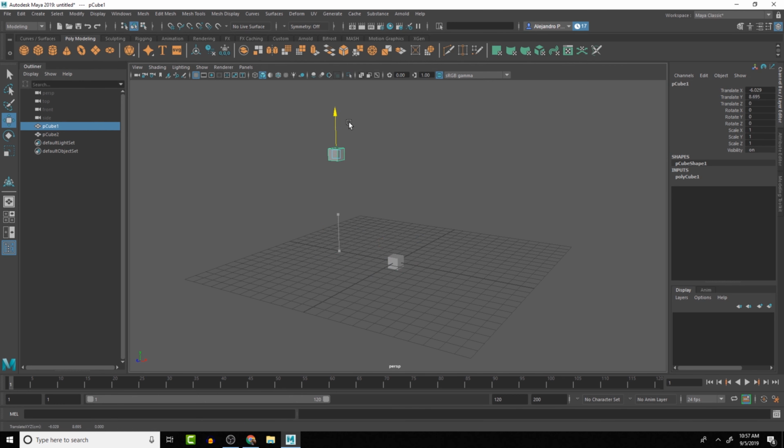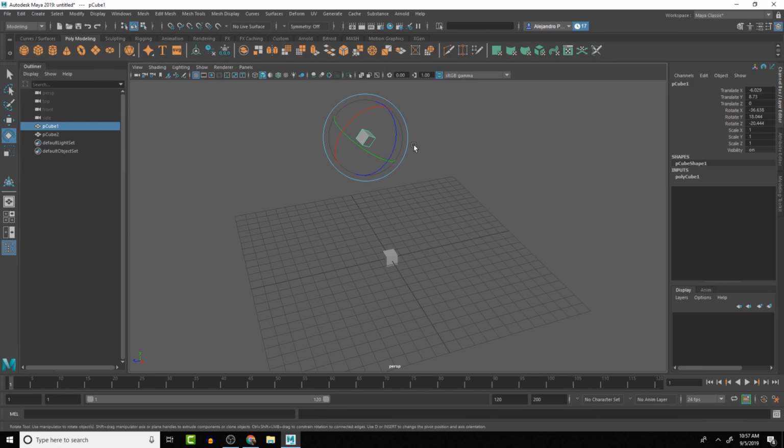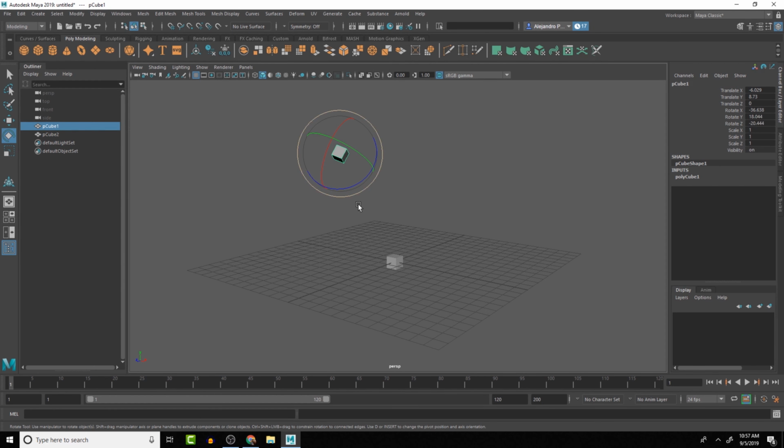So let's say I had this object here, and it is way up there in a position. We can try to snap it and then try to position it to be just right with the other object, but that can be a little bit time consuming and maybe not as precise as you want. You can also go in and copy all these values that you have here independently, and that could be another way to do it. But the way that I found that is really easy and quick to do it is